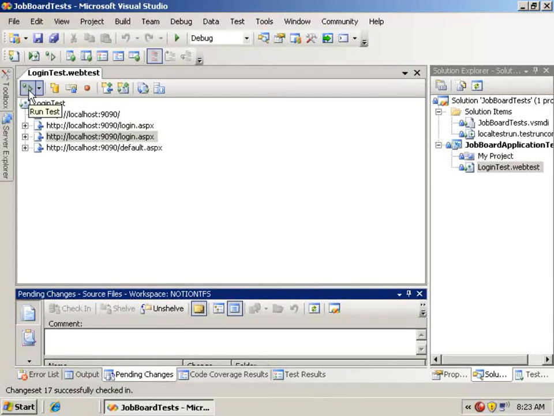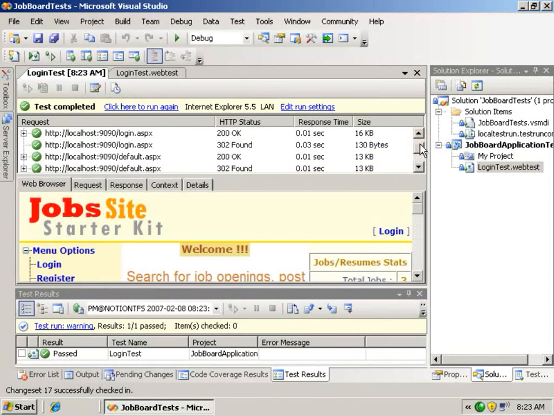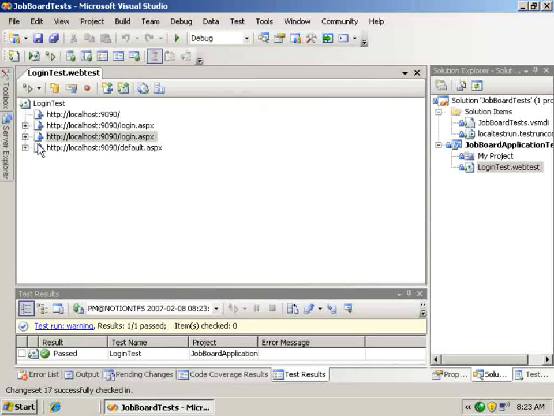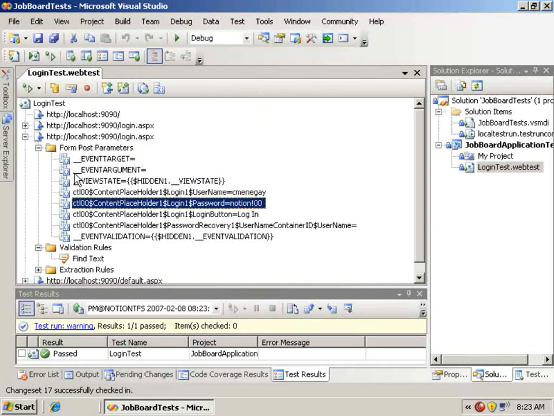I'm going to go ahead and run this web test real quick just to validate that it does work. You'll see that my web test successfully passes, right? What it does is test the login process on my web server. So it actually goes out and logs in. Let's take a quick look at that. You'll notice it's hitting the login page, passing in a username and a password, and just going through